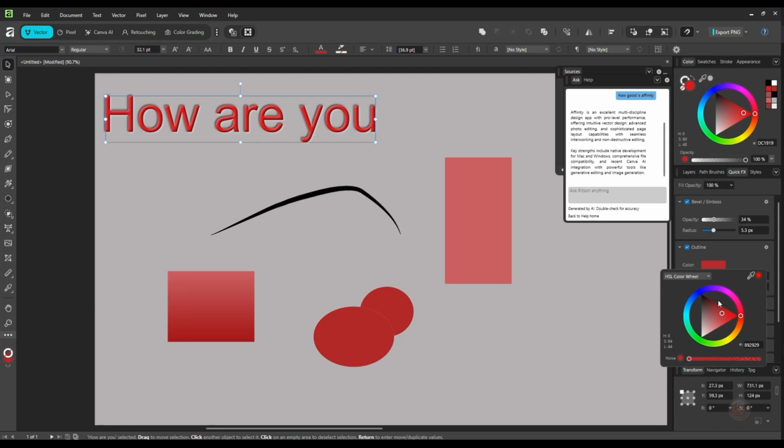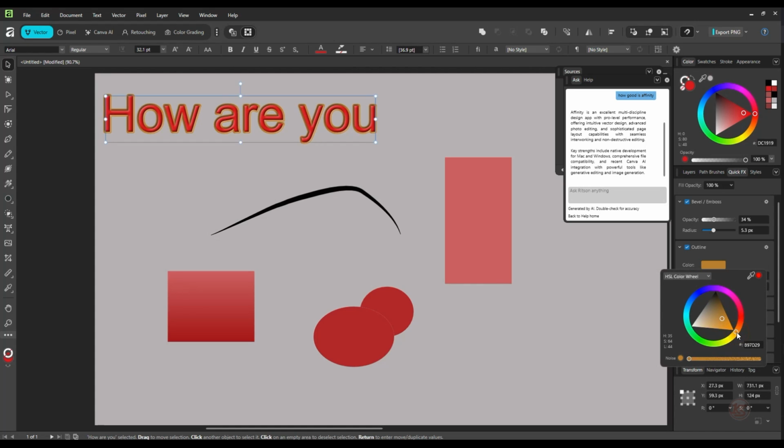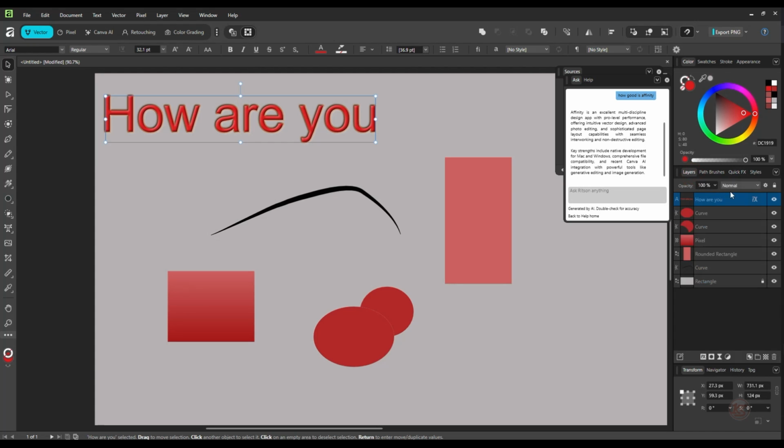Gonna create an outline like this, then we're gonna create the radius. Maybe this one is not that good. Maybe something like this perhaps. Radian over here. Change the opacity a little bit less. Okay. And they have a lot of really nice